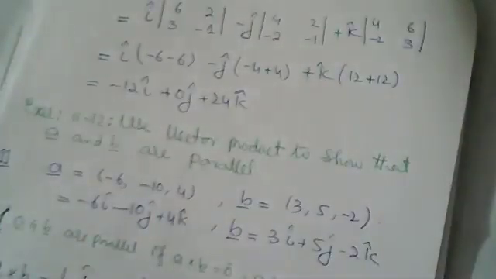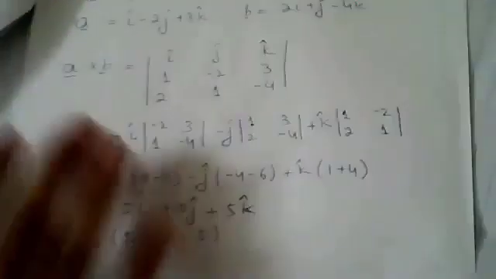So for the first 10 questions, you have to find just A cross B. Then using the property, we can write the cross product in the form of a determinant. So this is the shortest way. Write A, B and open the determinant, and you will get a very simple answer.